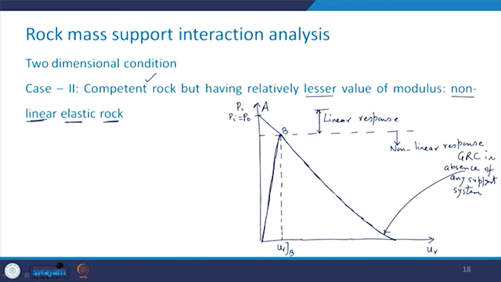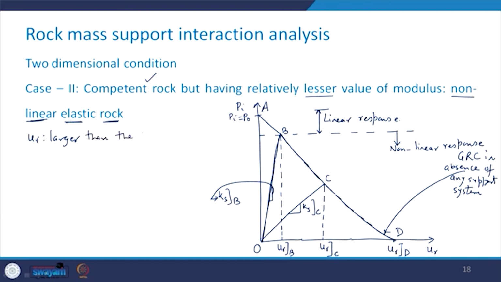In case you allow, let us say, some more, this is another case where you have Ur at point C, and you join this point here like this, and this point is say D, where you have the deformation as Ur at D. This is the point O. Now, the stiffness of the support system in this case is going to be Ks at B, and here it is going to be Ks at C. In this case, Ur is larger than the previous case,